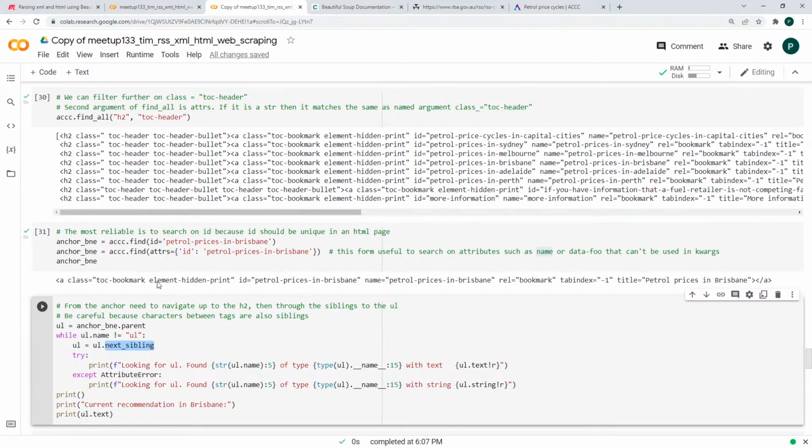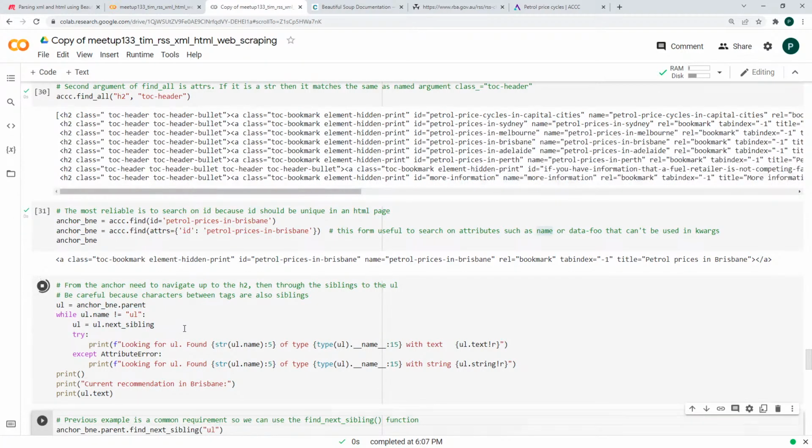So it doesn't look at descendants, which is what we were looking at before. It's looking at siblings, so brothers and sisters, until it finds one which has actually got the name UL. So it'll keep looping through until it finds ul.name equals UL, in which case it'll stop and say what it